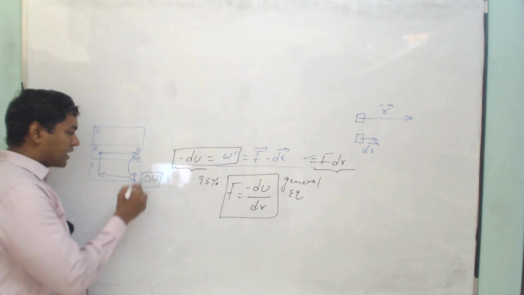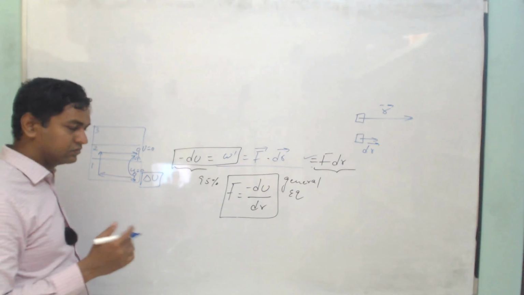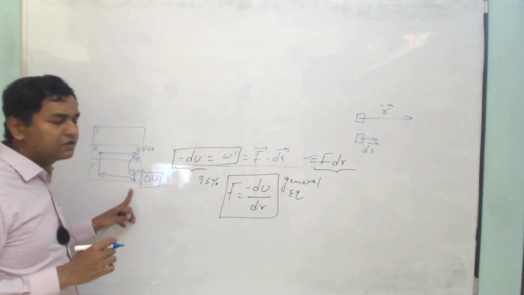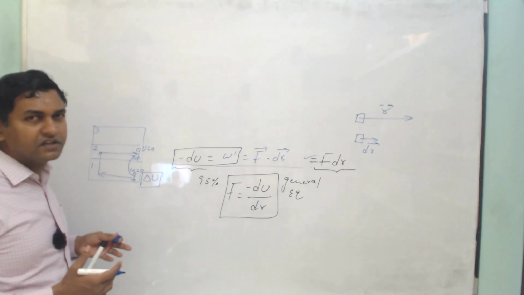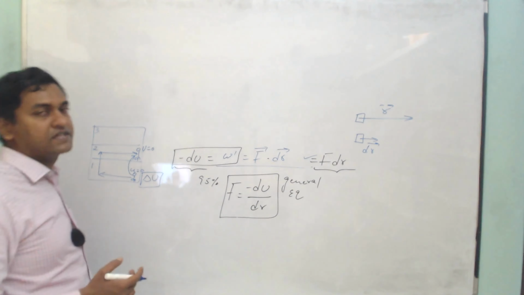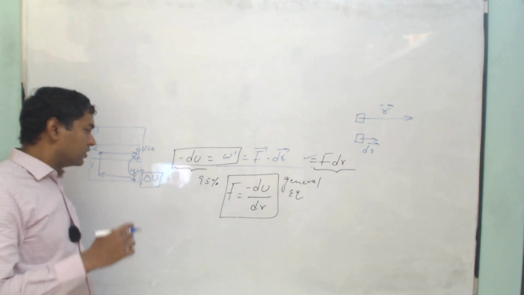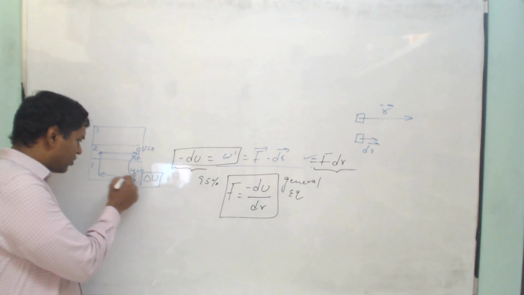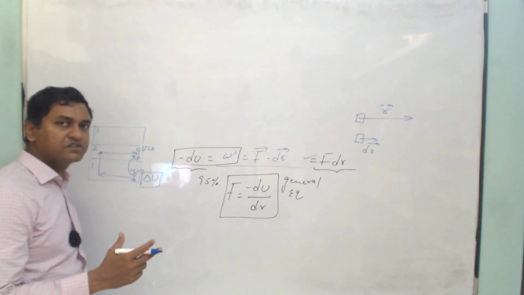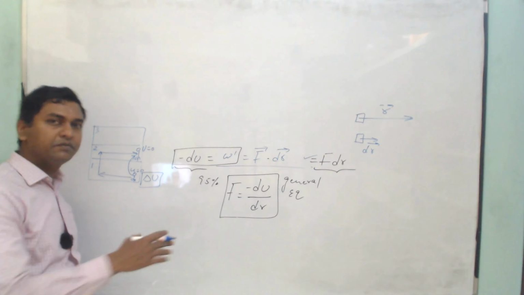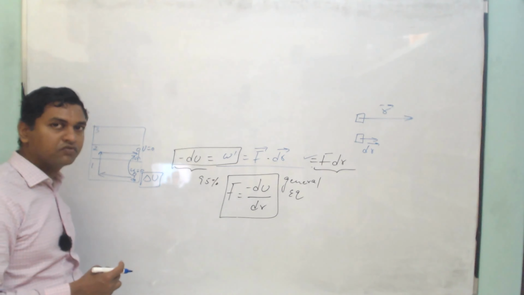And the initial velocity is also zero, the final velocity is also zero. I was standing here, I went and stood there. The kinetic energies, initial and final, are zero. The only change in energy that has happened overall from initial to final is the change in potential energy. So if I walk all the way through like this, or if I directly jump like that, either way my total work done will be mgh. And it is independent of the path followed.